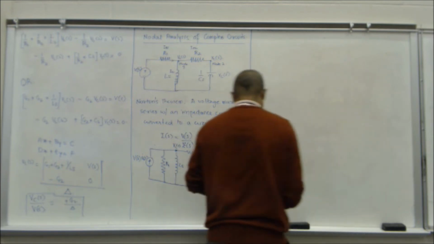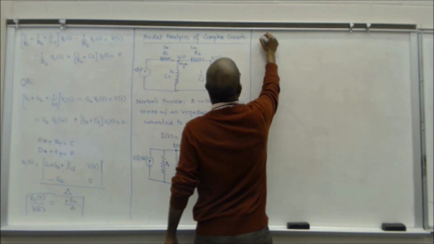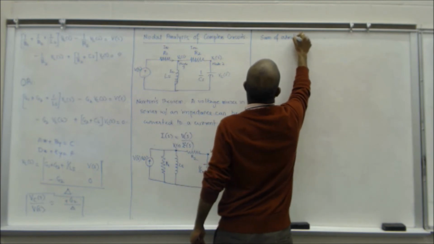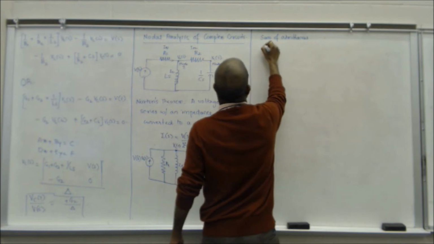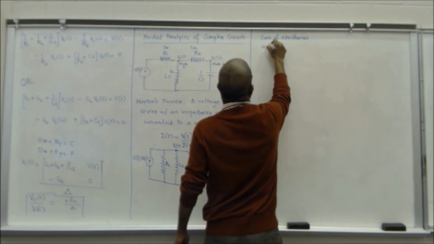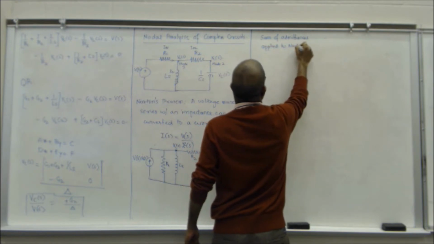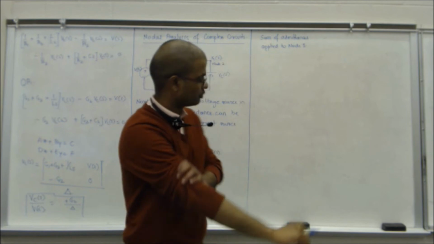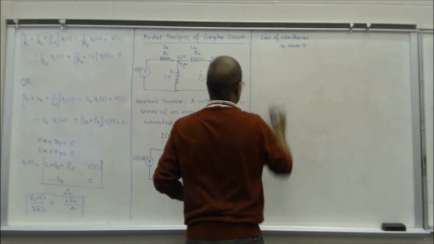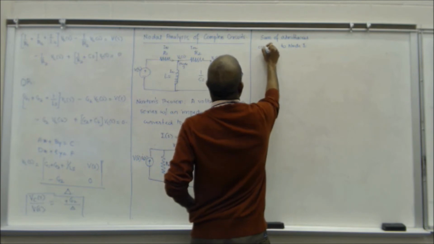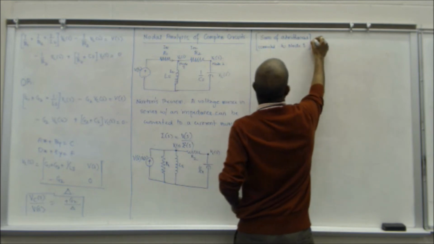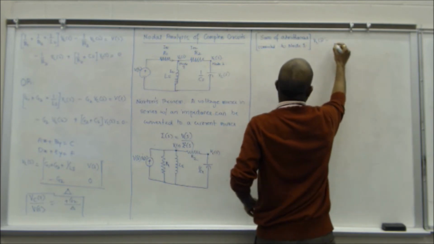What you do is you look at the sum of admittances applied to node 1, or connected to node 1, into VL of S minus